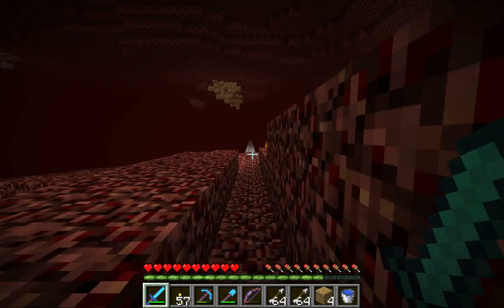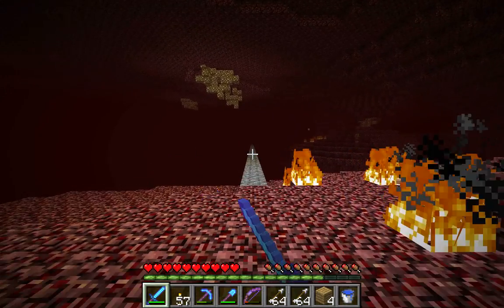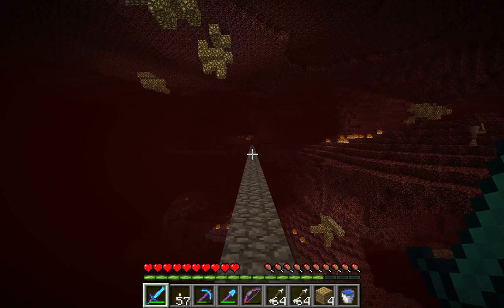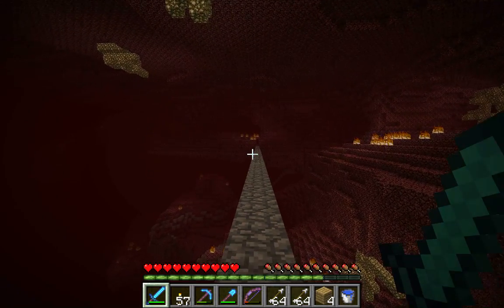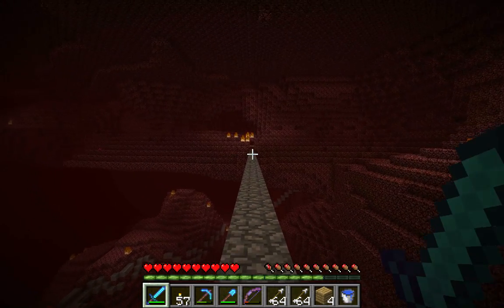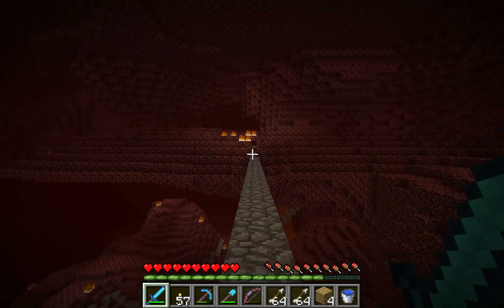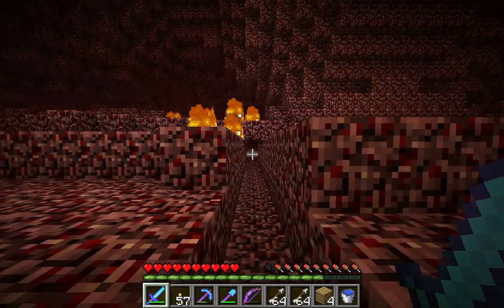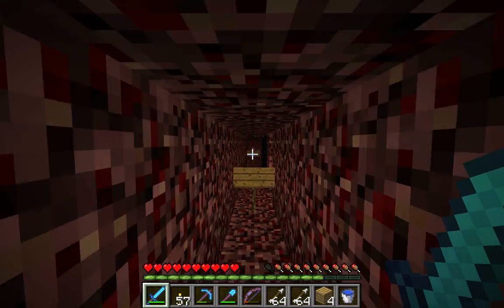I was about to switch to Quake Pro, but man, I don't want to run on Quake Pro on something this small. Because it feels like you move so fast. It feels like if you were to just accidentally twitch and move your mouse over, you might just walk right off. And I don't want to hold shift because I want to get through this quickly, and if I'm careful, I won't walk off. So, alright, so